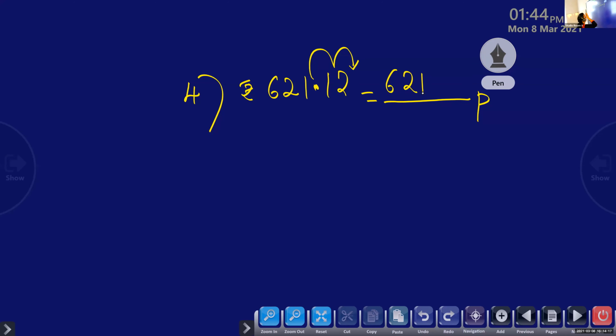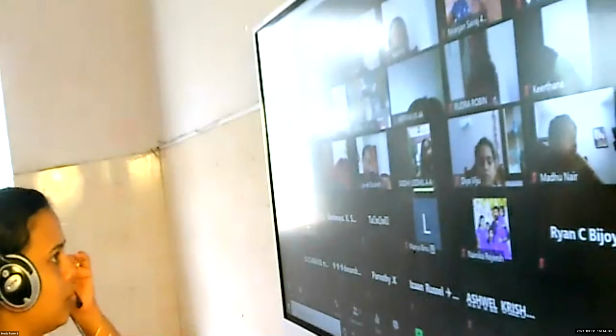62,112. So those who have network issues, we are just doing chapter revision of money, so continue with the class, okay? 62112. Okay, so what's here, children? Write the number without any decimal point. Siddhi, no problem, we will revise these questions again from the workbook, similar model questions, okay?